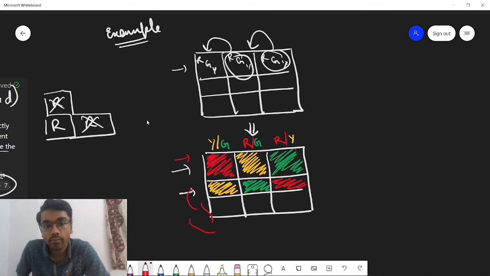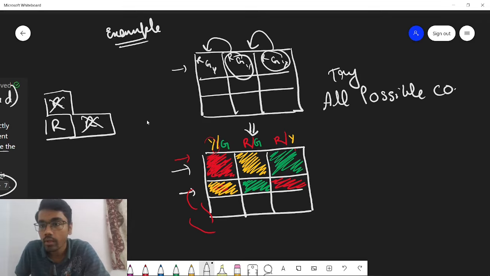Now in the top part we have chosen red first. Now we'll be trying to put yellow here. Similarly, if we have chosen red and painted yellow here, we will be trying to put green color. So basically what I mean to say is that we will be trying all possible combinations. Now why? Because if you look at the constraints, the constraints on n are very low,